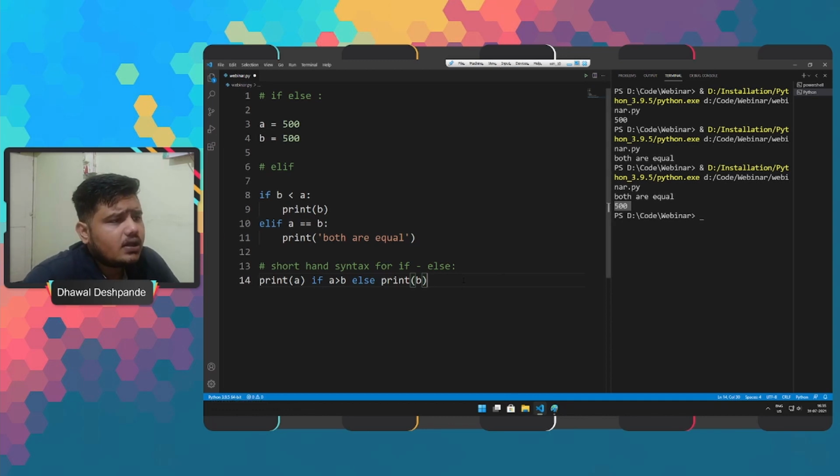The next thing in if else is the nested if, or also known as if else ladder.